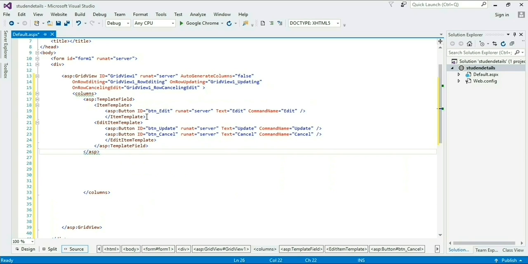Now again I am taking a template field, and under this template field I am taking an item template, and under that item template I need a label for showing our database tags and a text box for editing database tags.